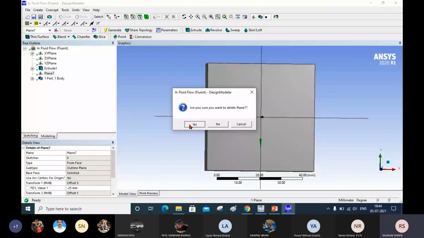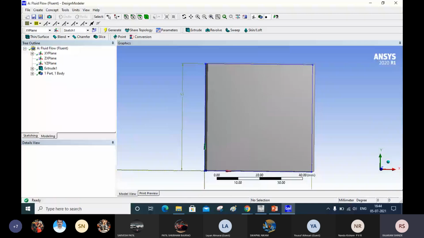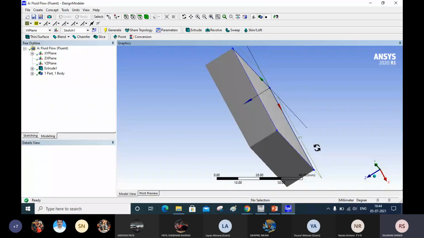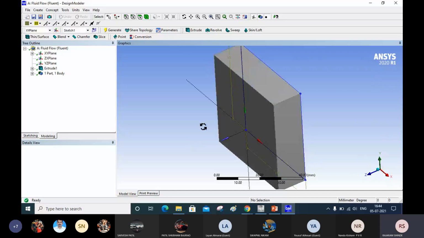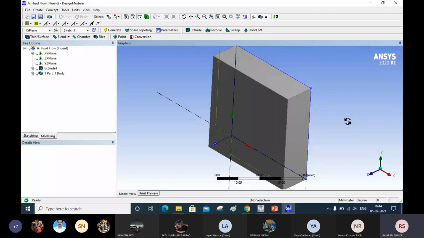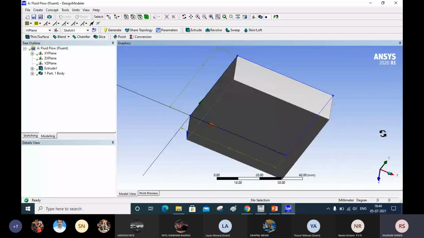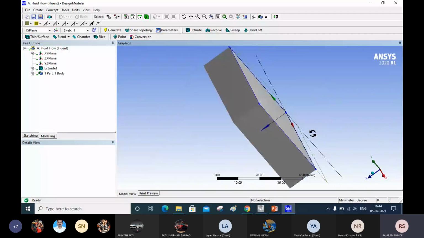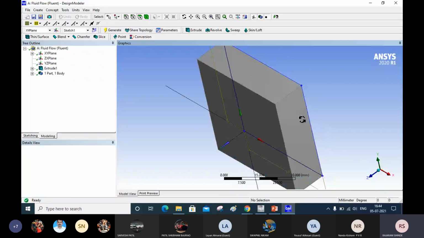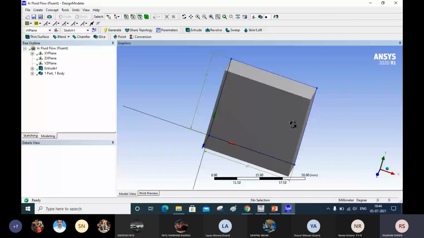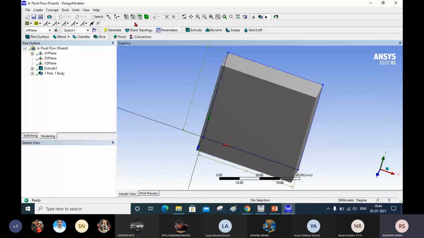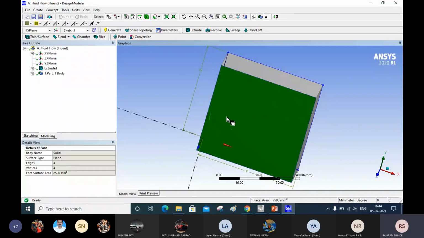Now you are in isometric view. What happened first time? What I did, I selected this plane, so it selected the XY plane. That's why it was created. It has created the problem. Okay. Now I want to create the plane from the face, top face. Now we have created this sketch on the XY plane there, and we have extruded in this direction. So this is your top face. Okay. Now I am selecting this face. I want to create the plane on this face. Okay, I have selected this face.